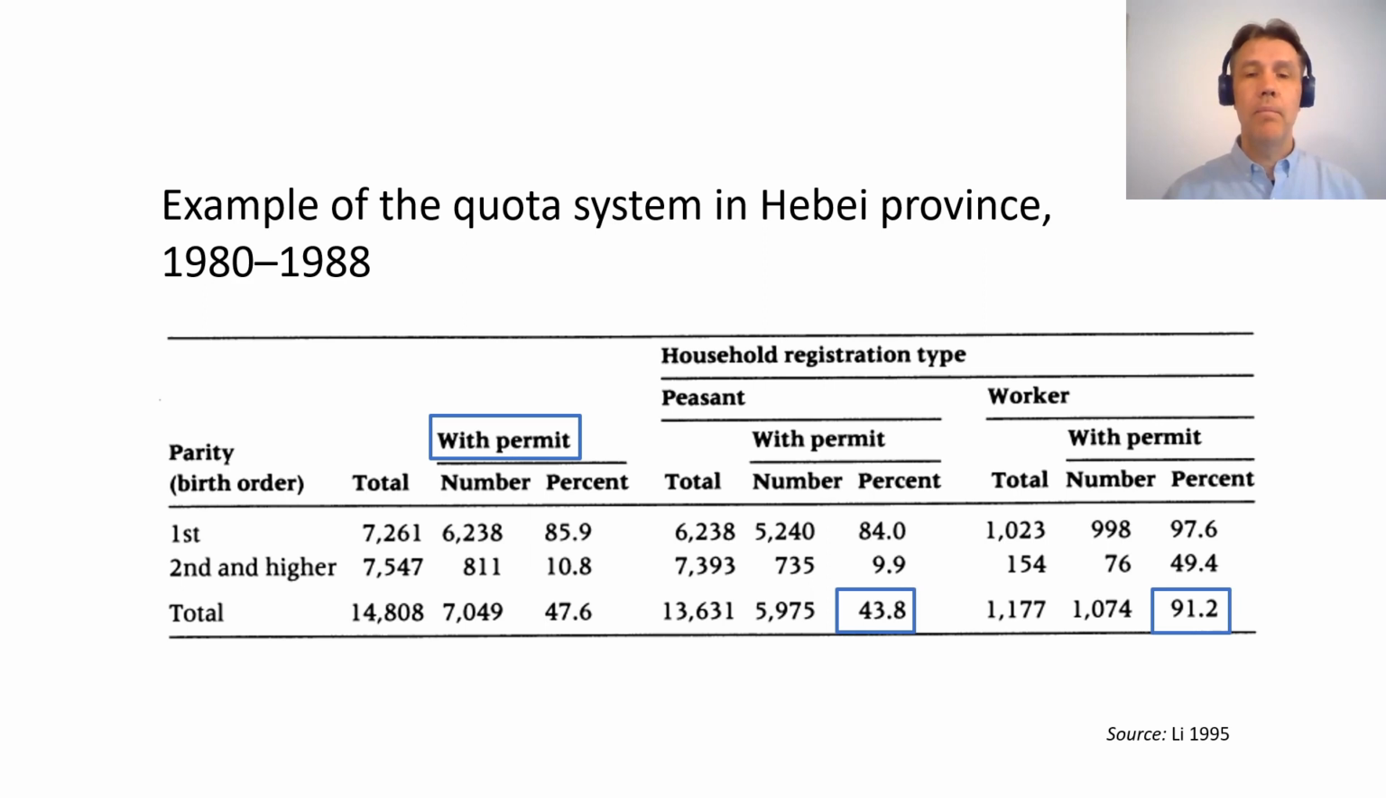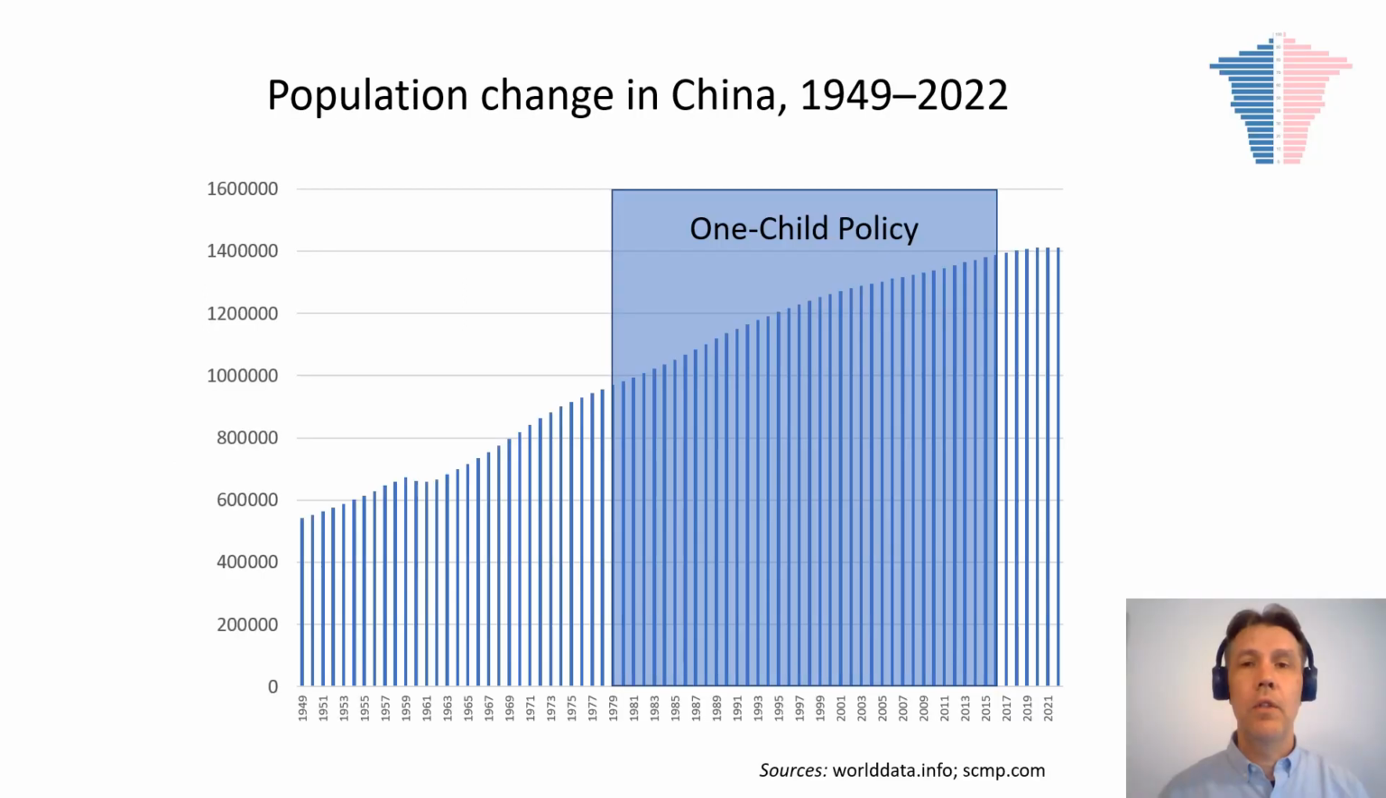The second important difference runs between urban and rural households. 9 children out of 10 in urban households were born with a birth permit, while less than half were born with a permit in the rural households. This would lead us to the conclusion that the one-child policy was effective because it was mainly targeted towards urban